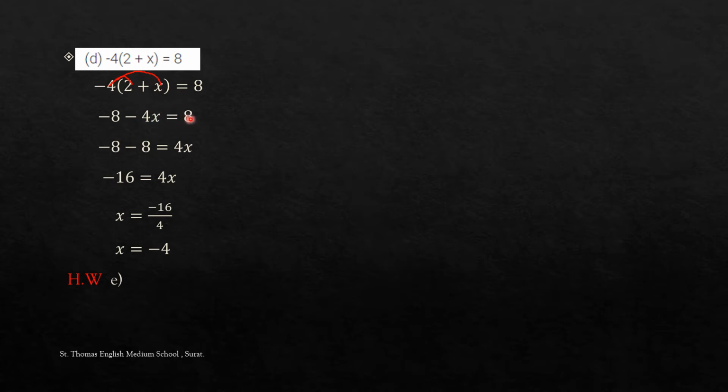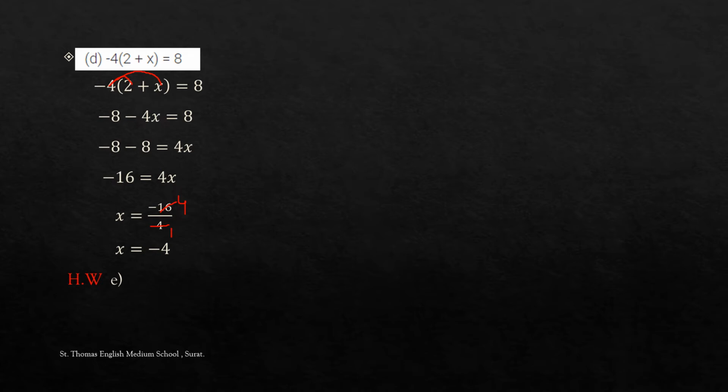is equal to 8. Now this is plus 8. If it comes here, it becomes minus 8. Minus 8 minus 8 is equal to minus 4x. If it goes here, it becomes plus 4x. Both are negative numbers. We can add 8 plus 8, that is 16, and put minus sign, is equal to 4x. What is the value of x? x is equal to minus 16 divided by 4. Now we can cut 16 by 4. 4 ones are 4 and here 4 fours are 16. Clear? So x is equal to minus 4.